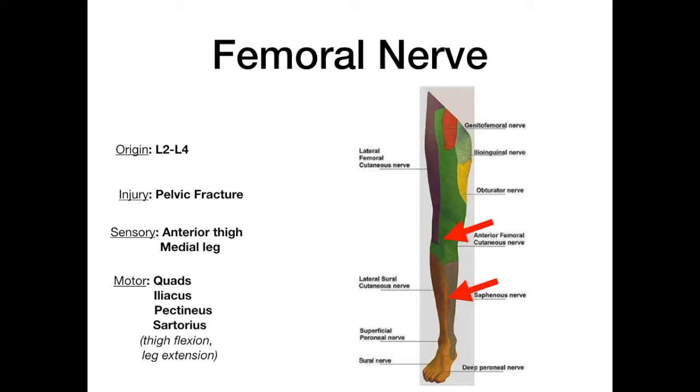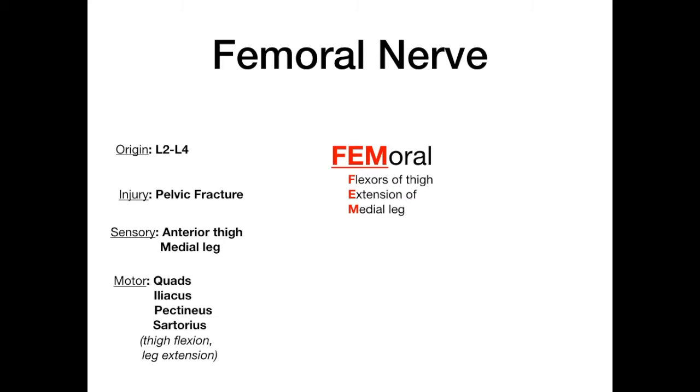Now, how do you memorize the function of the femoral nerve? What's really important to understand is what it's doing and where it's doing it. So how I want you to memorize this is femoral, F-E-M. So F stands for flexors of the thigh, E stands for extension, and M stands for of the medial leg. This is really important because the motor function of the femoral nerve is thigh flexion and leg extension, and specifically it's the medial leg. Now, of course, that leg extension is just the whole leg, but the reason that I made the M stand for medial leg is to actually remind you of the sensory distribution of the saphenous branch